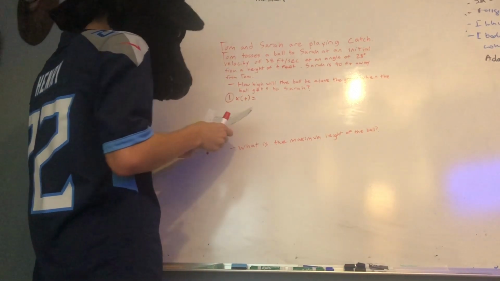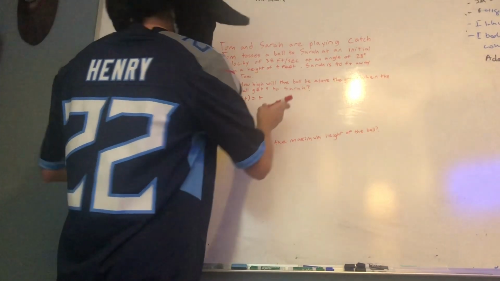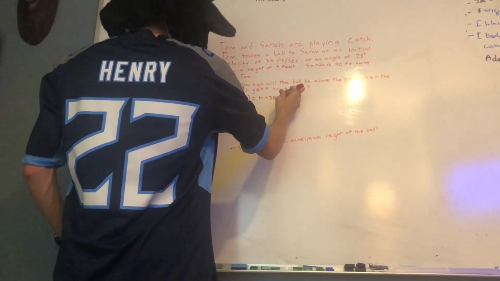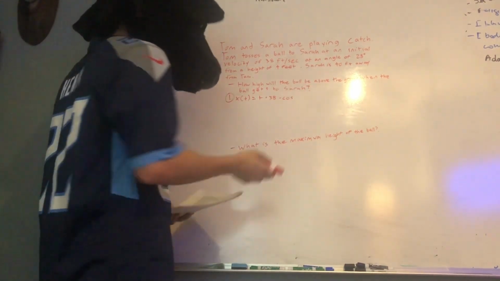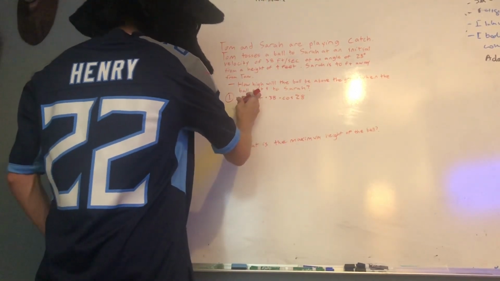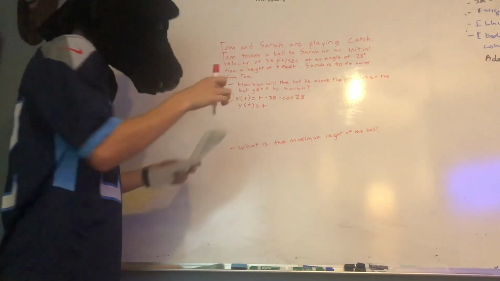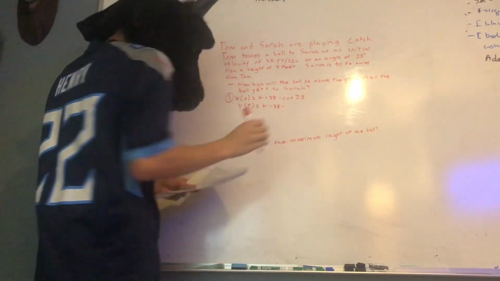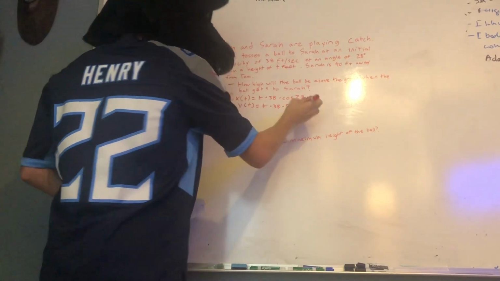x of t equals t, which we're not sure what t is yet, times initial velocity, which is 38 feet per second, times cosine of theta, which in this case the theta gives us is 28 degrees. For our vertical distance equation, y of t equals t, let's see, times 38 feet per second times sine of theta, we'll just use the same theta as it gave us for the x,